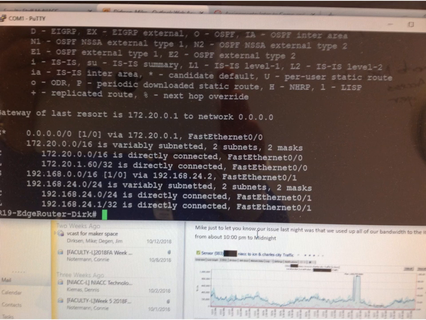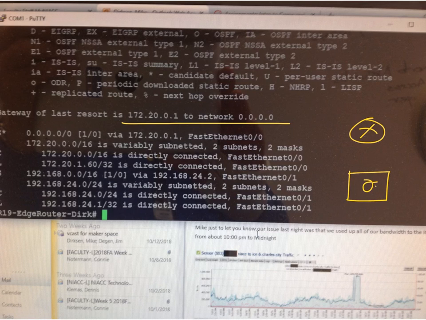Alright, one more slide. Here's another one just emphasizing the routing table. Here's the gateway of last resort. This is actually the router sitting outside the multi-layered switch. So that's two basic directions. It can send stuff out FastEthernet 0/0, which is heading towards the other network, or it can send all of these